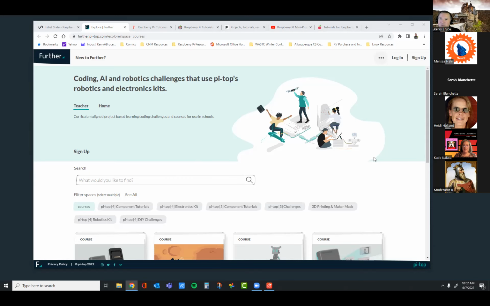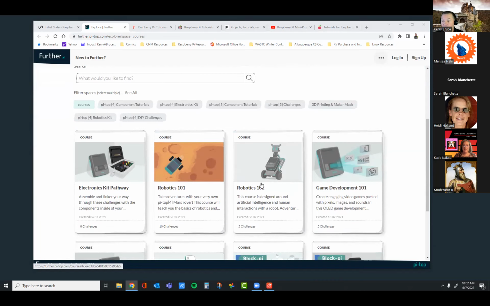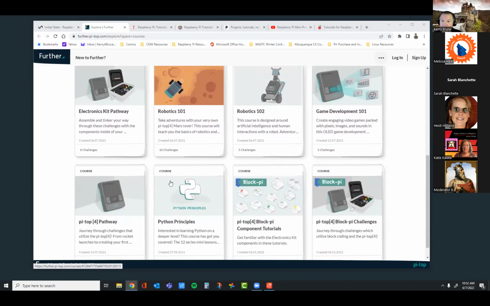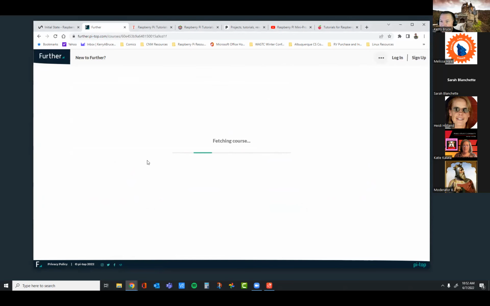The next example of tutorials is the Pi Top 4s. This is the direction I'm heading with a lot of my stuff, specifically for the robotic stuff, because we bought the kits for the robots, but these are pretty cool. I have these things, so I can do a show and tell and show you what I'm talking about.